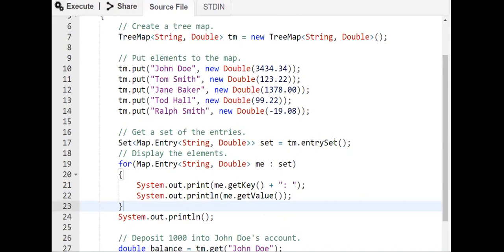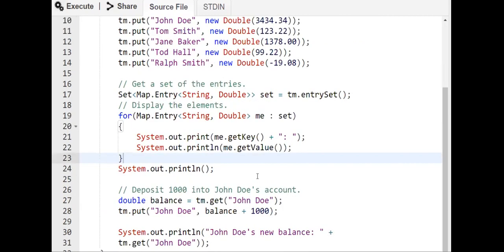In the tree map, now we'll get a set of map entries, extract them, and print the entries that are present in the tree map. When we print it, the difference between this tree map and the hash map is that here the entries will be sorted based on the key value, which we need to observe in the output. Next, again we'll try to change the value of one of the map entries. That is similar to the hash map, where we'll use the get method and put method.